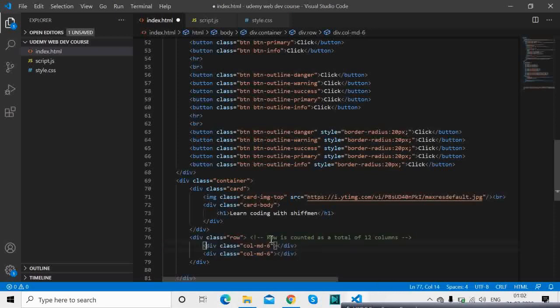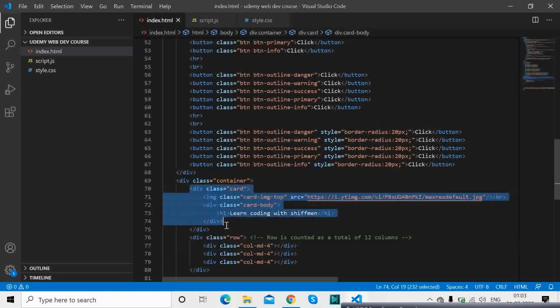Okay, total is 12, so if you give here 4, then you have to give one more. It's not mandatory, you can keep it blank, but it will align it as a 4 by 4 into 3 matrix. Okay, so here is the 4. You can also give 3 into 4, means you can give 3 4 times, and so on and so forth.